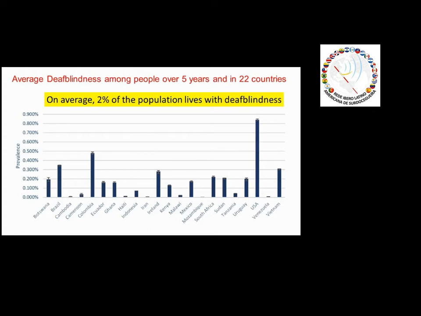0.0%, 0.100%, up to 0.900%. On the horizontal line are written the names of the 22 countries that have participated on the survey. Botswana, Brazil, Cambodia, Cameroon, Colombia, Ecuador, Ghana, Haiti, Indonesia, Iran, Kenya, Malawi, Mexico, Mozambique, South Africa, Sudan, Tanzania, Uruguay, USA, Venezuela, and Vietnam. We highlight the data from Brazil,